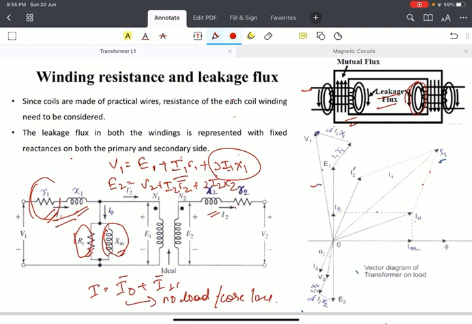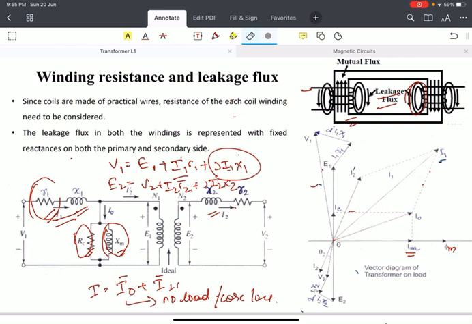Therefore, all these things can be represented in the vector diagram as shown here. We know that in the beginning magnetizing current is in phase with the flux. Let's start from the magnetizing current, which is in phase with the flux. The copper loss component IC is in phase with the applied voltage V1, or induced voltage E1. Therefore, the no load current I0 is equal to the vectorial sum of IC plus IM. Now we have I0.